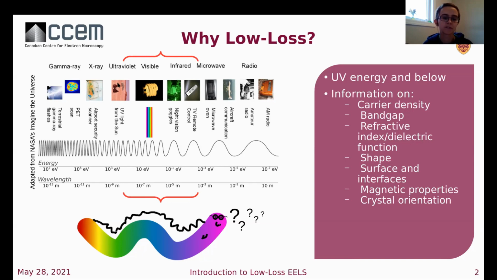In this region, we're typically collecting information on the valence electron states of the sample, or in the extremely low loss, going down into the infrared, on the atomic or molecular vibrations that a sample might possess. So if your sample has interesting phenomena that occur in the infrared, the visible, or the ultraviolet regions of the electromagnetic spectrum, then maybe you'll be interested to try low loss EELS and see what it can teach you about your sample.